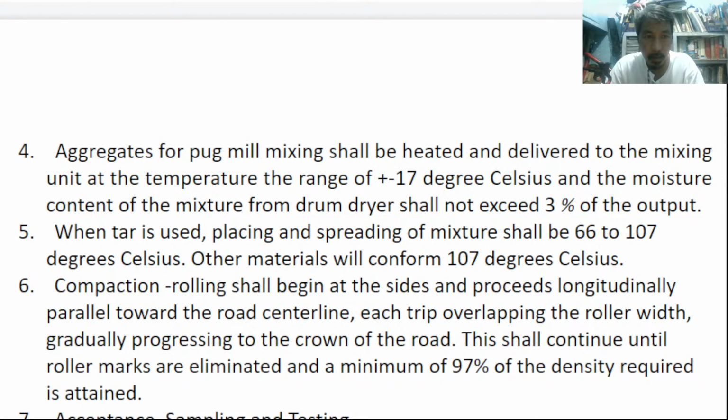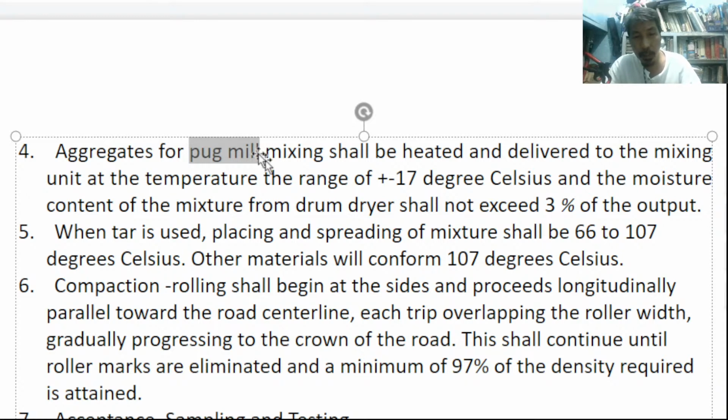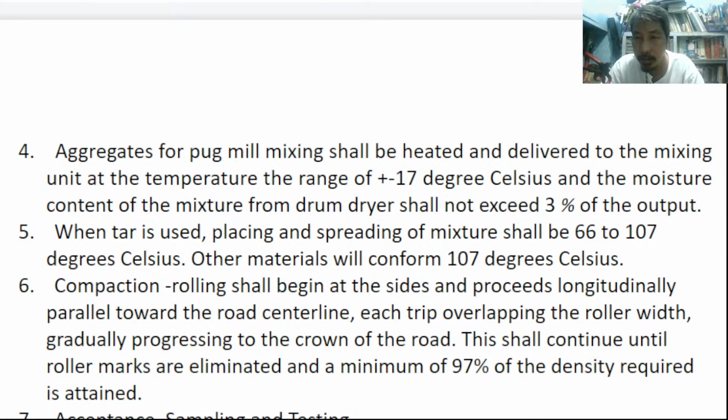Next, number 4, aggregates for pug mill mixing shall be heated and... pug mill. I have to check this, if this is correct or not. This is the first time I encountered the word pug mill. So pug mill is a machine, apparently,